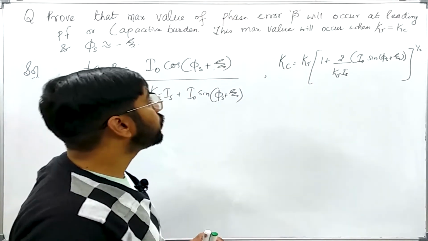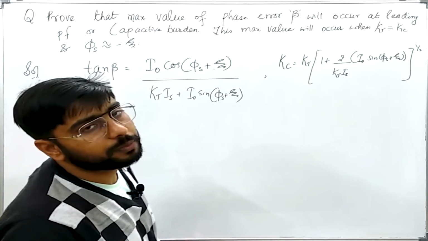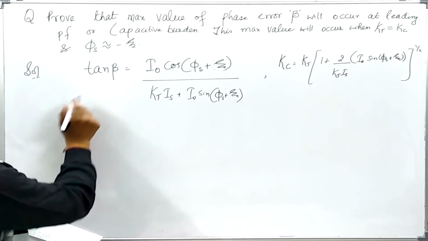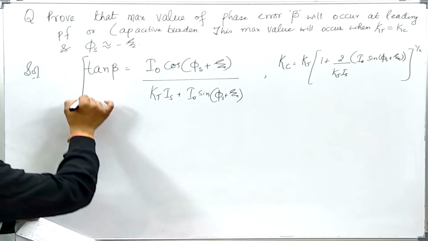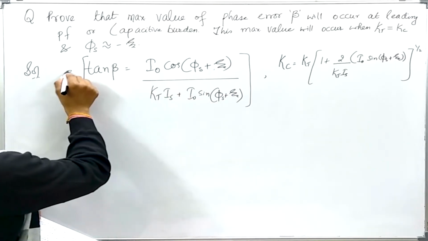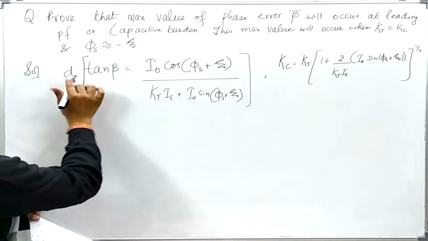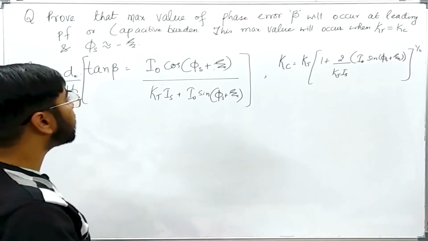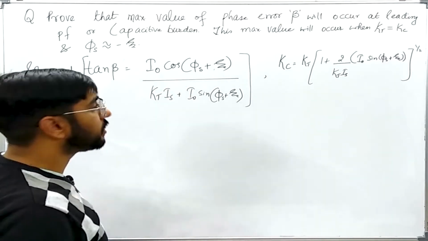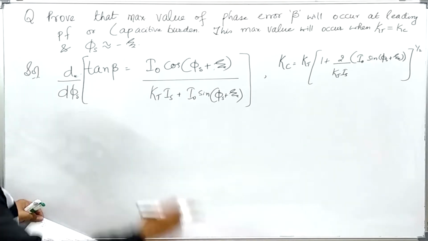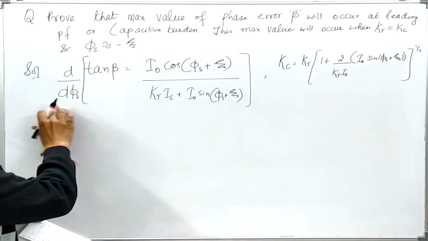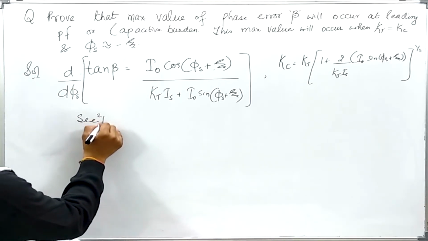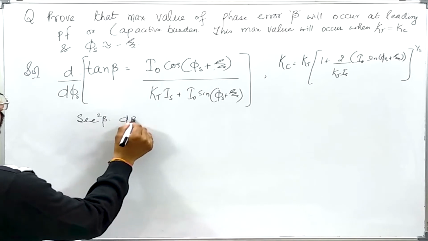First, we will try to find the maximum value of beta. How can we find it? We can find it by differentiating this expression with respect to the power factor angle. We are going to assume that I naught and Is are constant. After differentiating, we will put it equal to 0. So what we will have is secant square beta, d beta by d phi s,